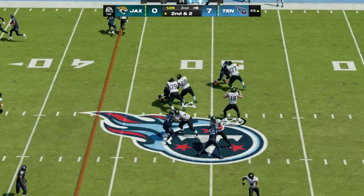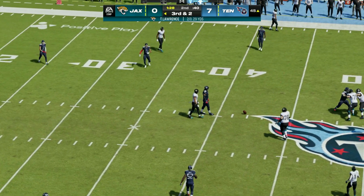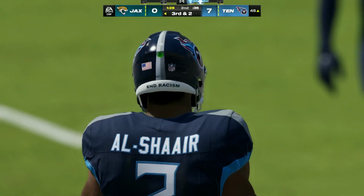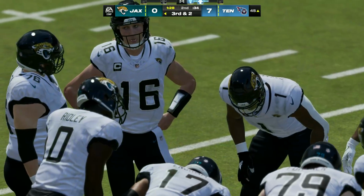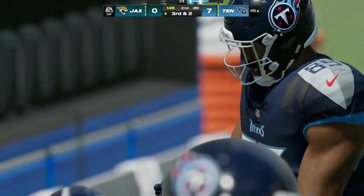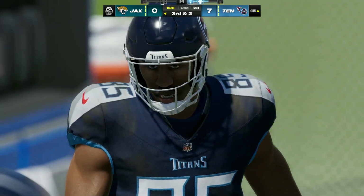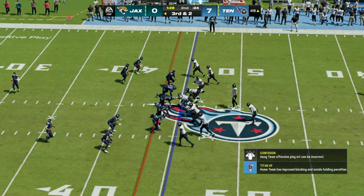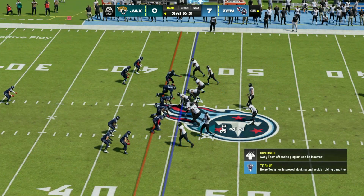Here's Lawrence. Throwing over the middle, but it's incomplete. Anytime a ball's thrown in the middle of the field and it's popped up in the air, I expect someone to catch it. It doesn't matter whether it's offense or defense because there's usually a great amount of bodies in that part of the field. In this case, no one came up with it. After the incompletion, here now, 3rd and